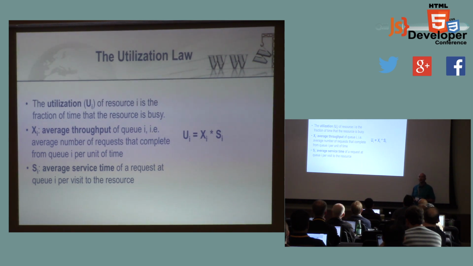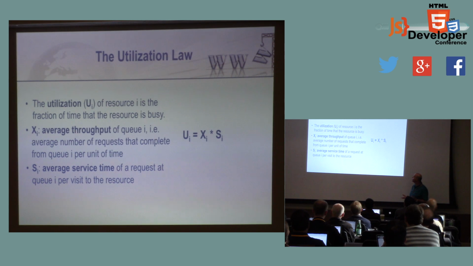Now, obviously, what we want to do is keep the pipe full, right? Anytime that the pipe isn't full, the cashier at our movie house is standing there twiddling her fingers waiting for somebody to show up and buy a ticket, right? Wasted money. You're paying that person. You're paying the servers to sit around at the same time. How do we tell what the utilization is? Very simple. It's the fraction of the time the resource is busy.